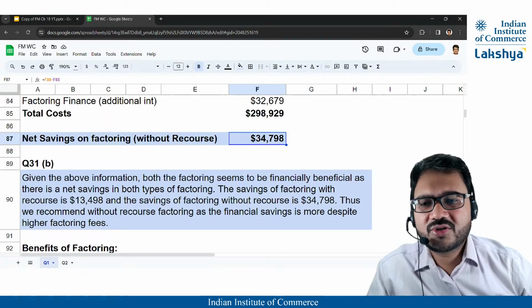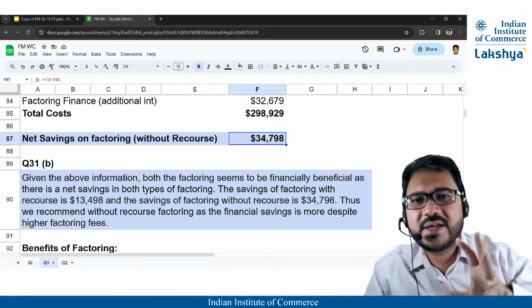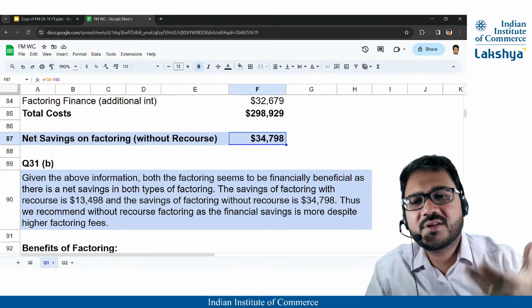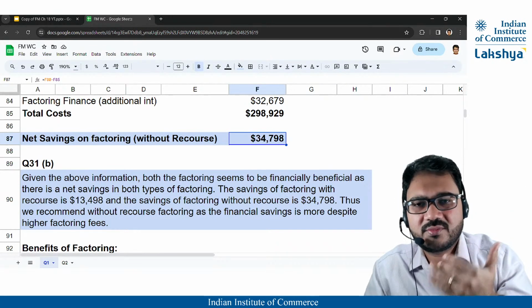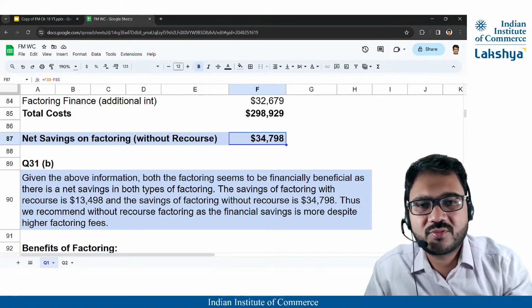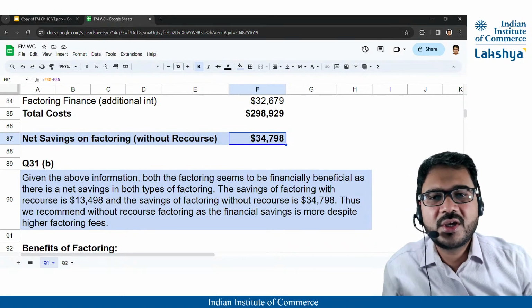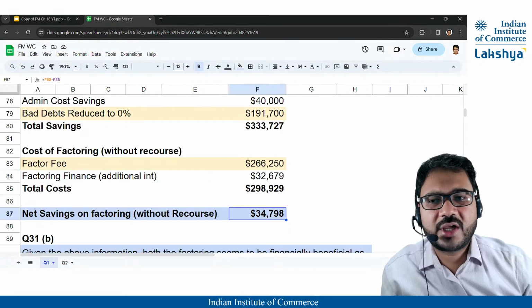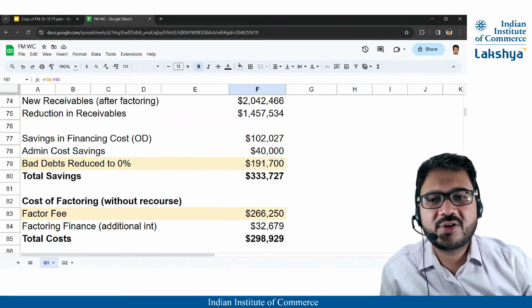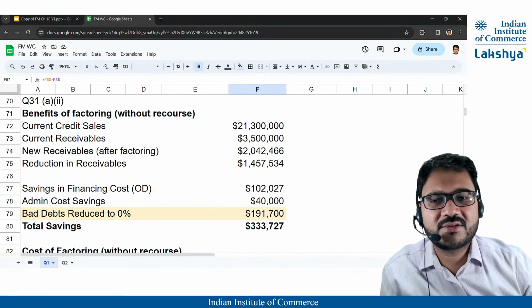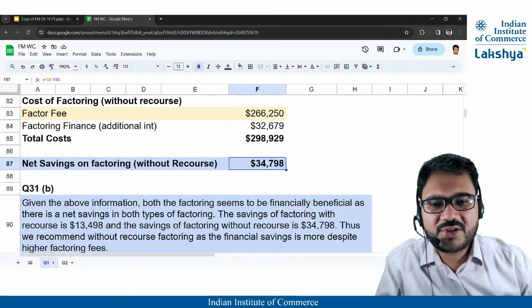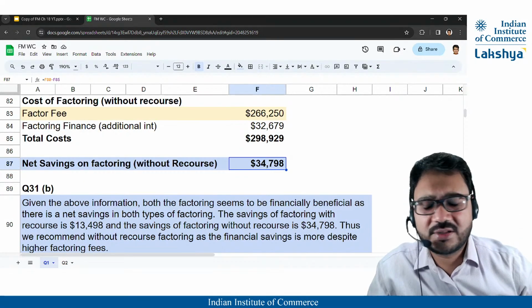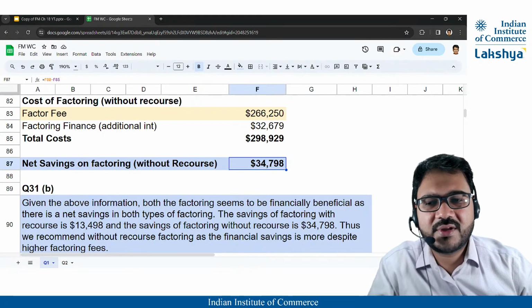Okay. So, in your conclusion, you write the entire observation that is given the above information. So, write that given whatever is provided in the question below, whether it's estimates, because we don't know for sure, right? What will be the sales? These are all expected sales or expected receivables, all of that estimates. So, given the above information, so we start our answer that way, that given the